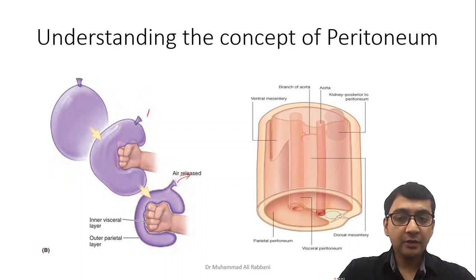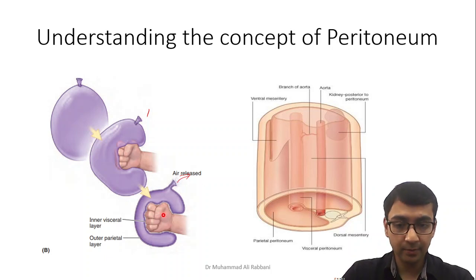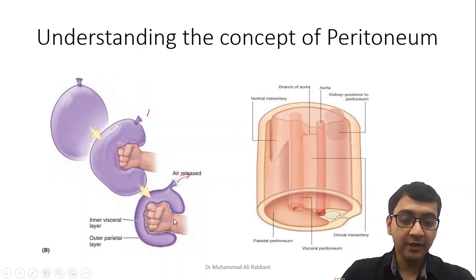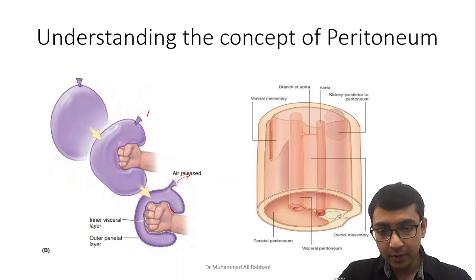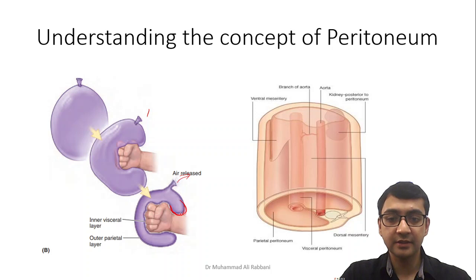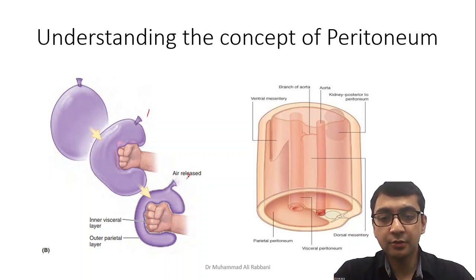So a key concept to understand is that the hand is not actually within the space of the balloon. It seems to be in the space of the balloon because it has invaginated the wall, and while invaginating it carries with it the visceral layer, while the layer in its original position is the parietal layer. There is a point, in this case the wrist, where the visceral and parietal layers meet one another, and that is known as the reflection. So that is the basic theory behind every serous cavity: the pericardial cavity, peritoneal cavity and pleural cavity.